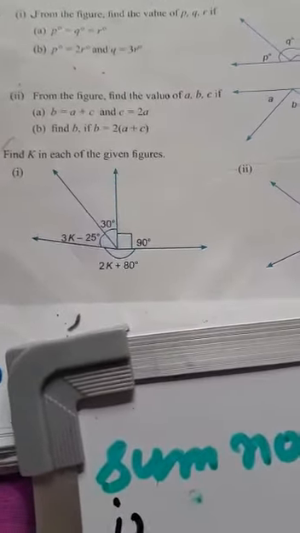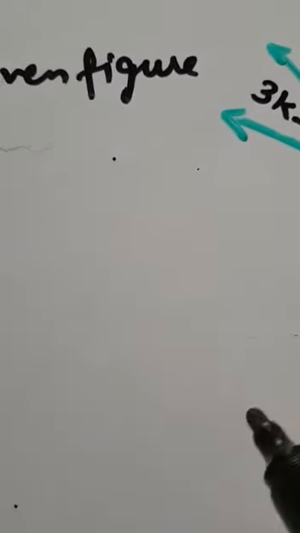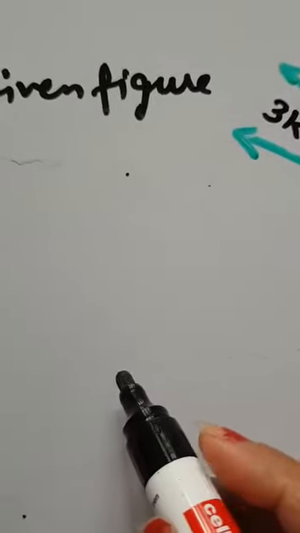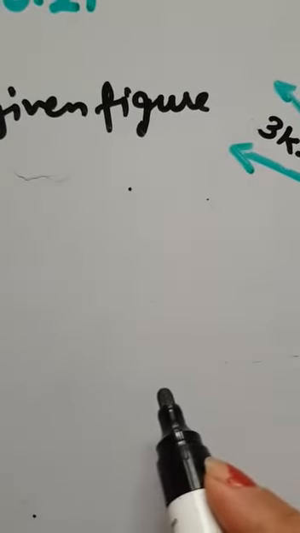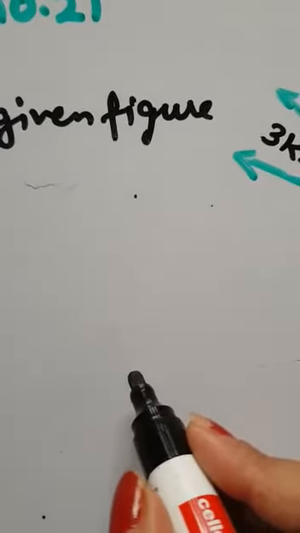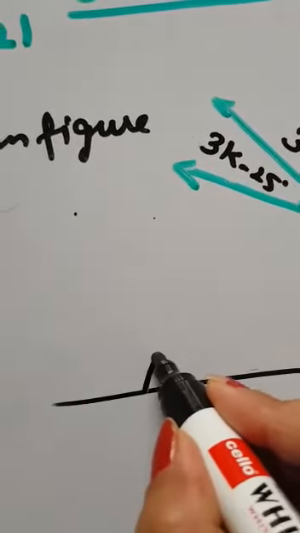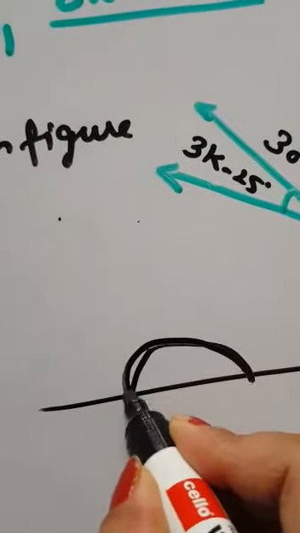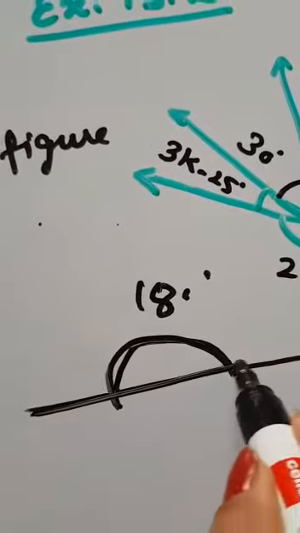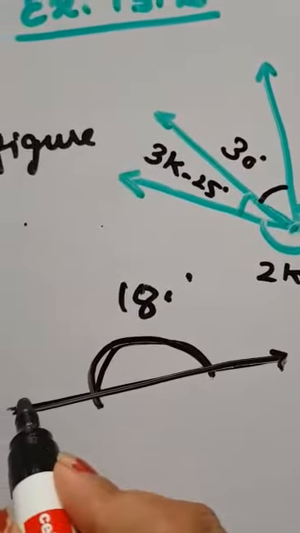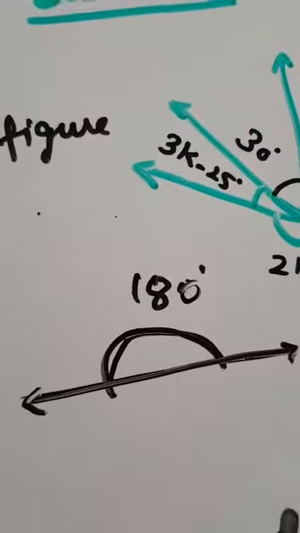Before we start, I would like to discuss with you what is a complete angle. Till now we have done the types of angles like acute angle, obtuse angle, right angle. You have all read about this in your book also. And one thing was there, that is straight angle. What is the straight angle? The angle whose measurement is equal to 180 degrees. A straight line makes the straight angle.